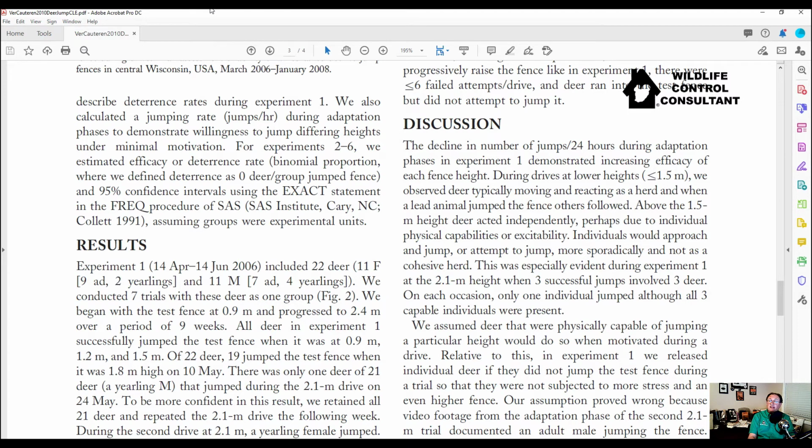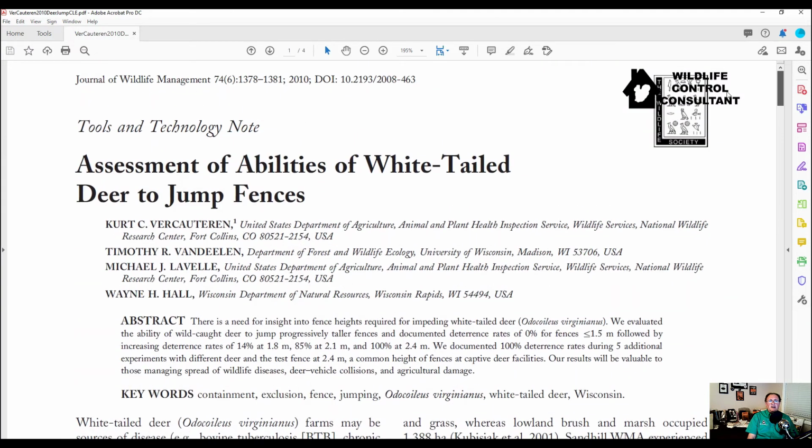Now, it's going to be unlikely that you will find it because these articles are peer-reviewed when we're getting into some of these journal articles. This is from, I think, the Wildlife Society. So I think this is the Journal of Wildlife Management. Let me see. Yeah, Journal of Wildlife Management, because here's our section up here, gives you the reference. Okay, Journal of Wildlife Management, that's produced by the Wildlife Society.